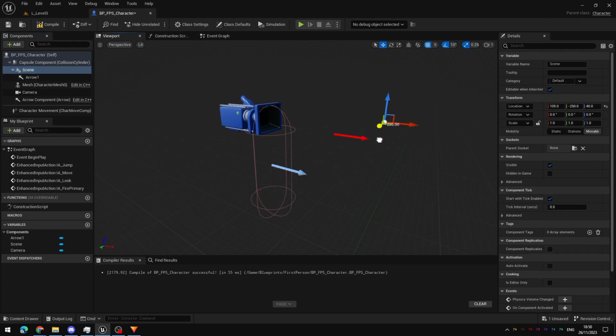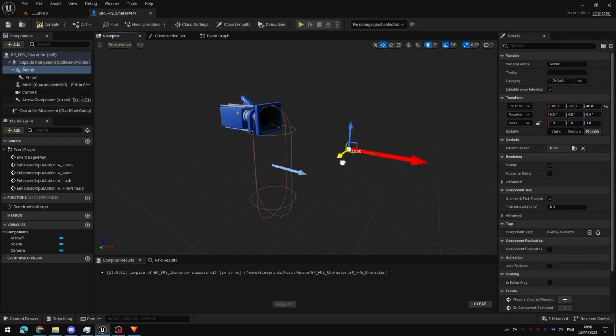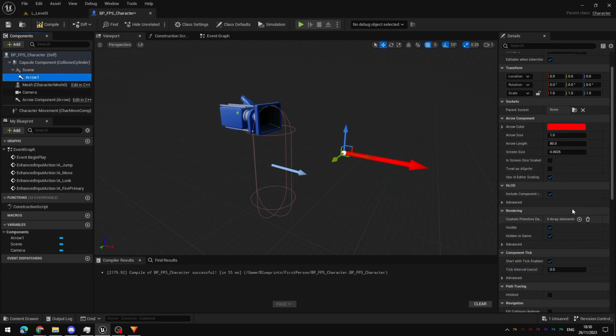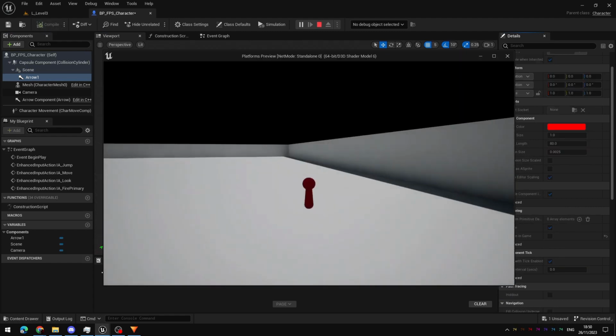So if I move the scene component, the arrow will move with it. Select the arrow and zero out its transform. So its location is set to 0, 0, 0, and now it will match exactly wherever the scene component is. One last thing to make this useful. Take the arrow and in the rendering section of the details panel, uncheck the hidden in-game box. And now when you hit play, you should be able to see your arrow there floating around in front of